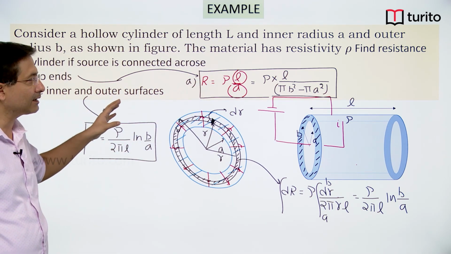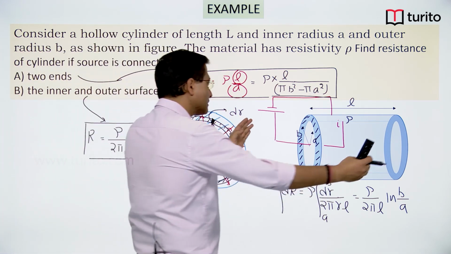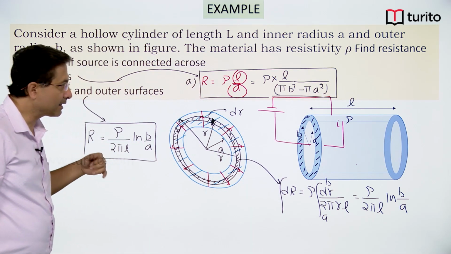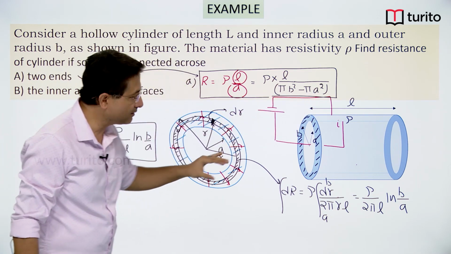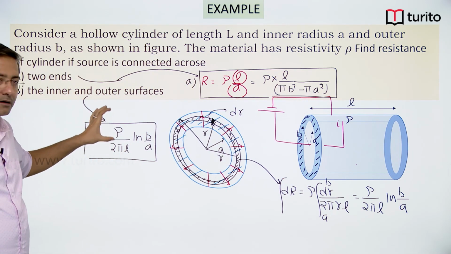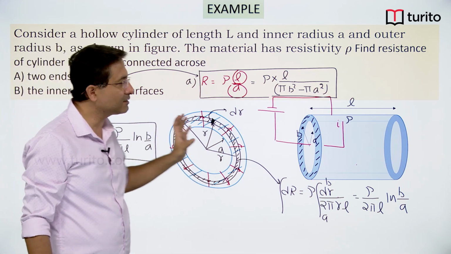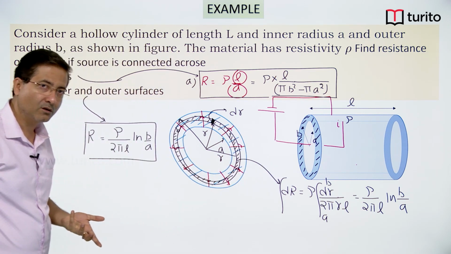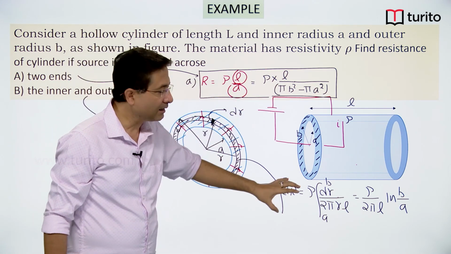The same cylinder, connected across two ends, gives this resistance, and when I connect the battery across the two surfaces, I get that resistance. So to decide the resistance, you need to know the way current is flowing, and accordingly we will substitute the value of length and area,